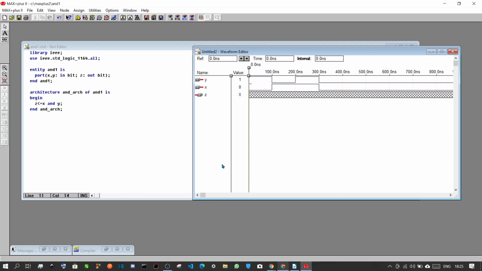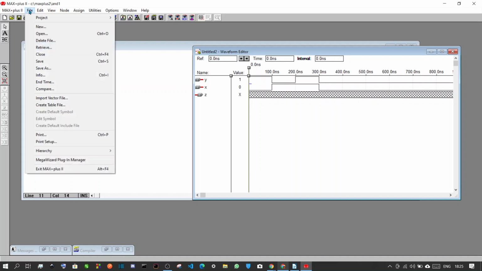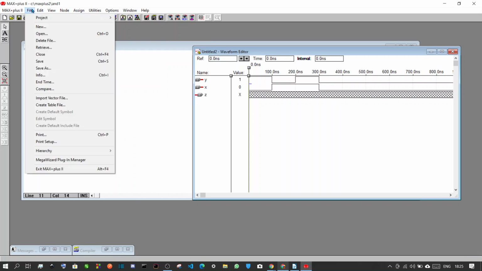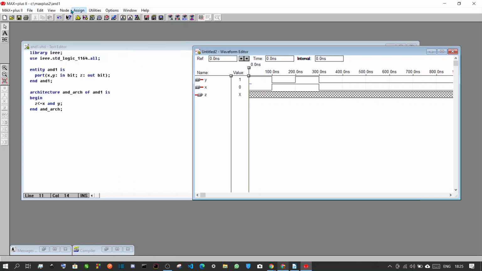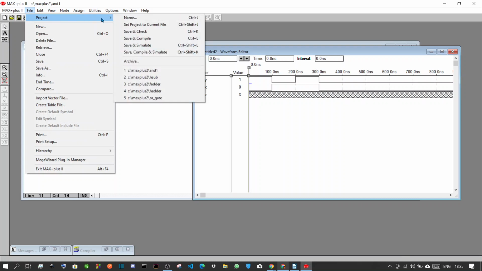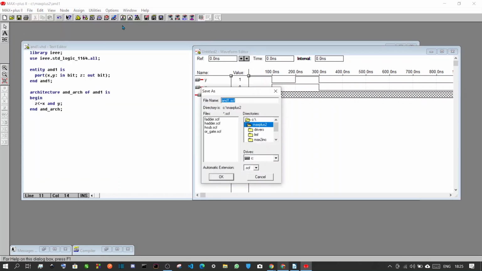Now we have this input waveform file. We click on File, go to Project, and then click on Set Project to Current File. This is the Save As dialog box, and this extension is SCF.